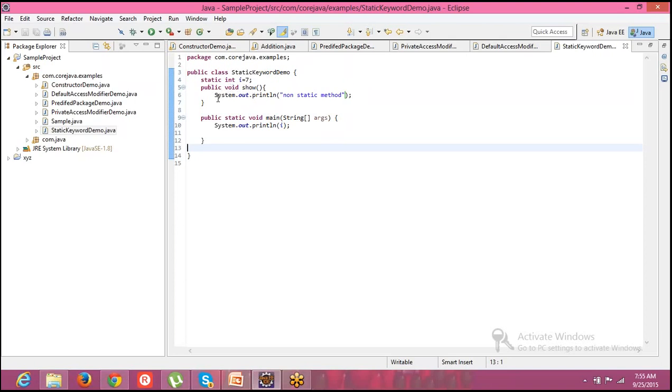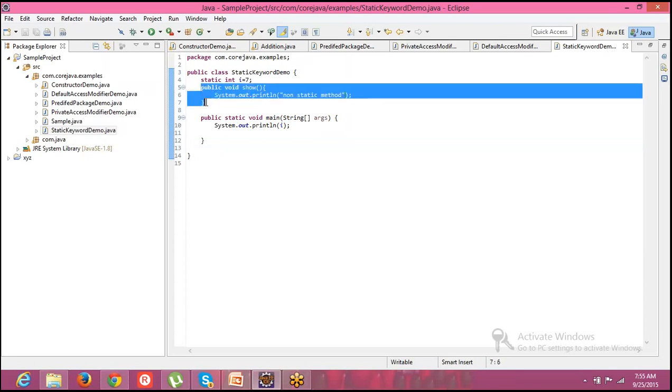What about this public? This is a public access specifier method, so that means you can access this anywhere else. Okay, so now you understood completely. And coming to this class, this class is public, meaning you can access this class from anywhere else. Now we are going to call this method a non-static method. Agreed or not? Because we have not used any static keyword for it, that's the reason I want to classify it as a non-static method.